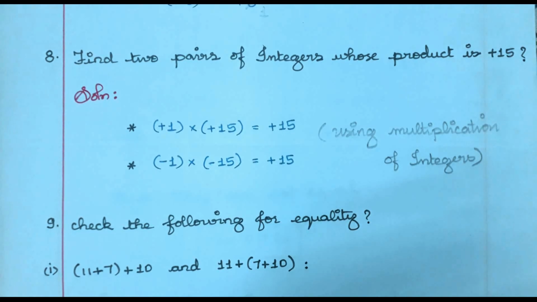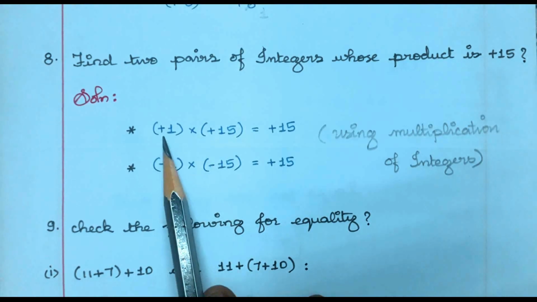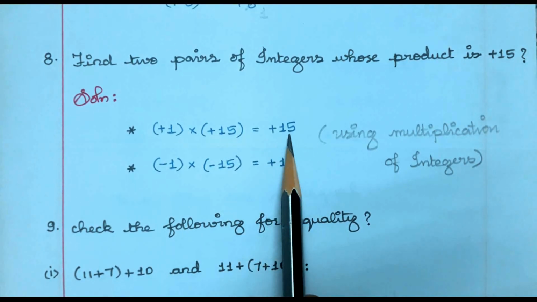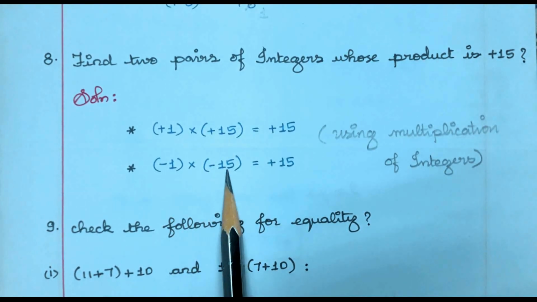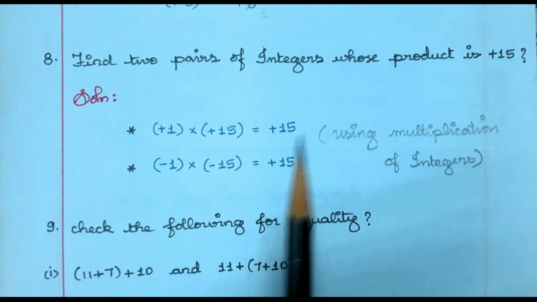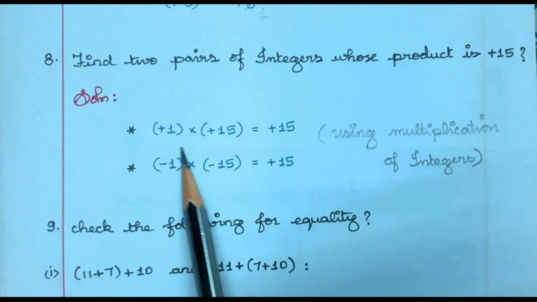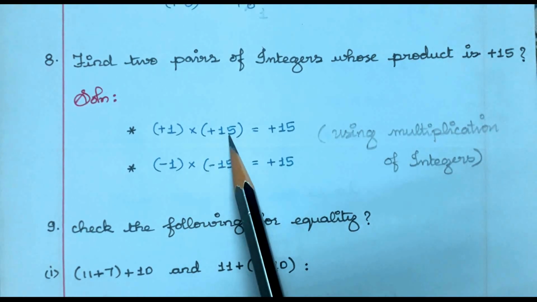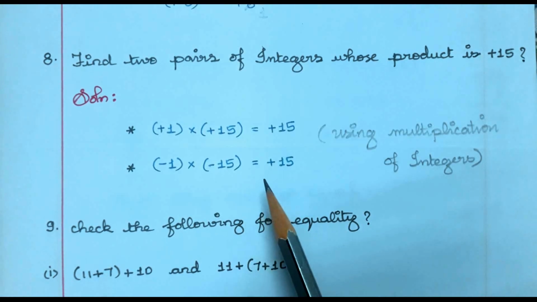So whatever tables, when you multiply two numbers and if you get the answer as plus 15, you can take it. Fine. So for ease, we have taken 1 and 15. So plus 1 into plus 15 will give you plus 15. And one more way, the same thing you can write, minus 1 into minus 15. So 1 into 15 is 15. If both the signs are equal, we know that it is plus in multiplication of integers. So we are using multiplication of integers here. Now I took the two pairs as plus 1 and plus 15, minus 1 and minus 15. You can go with different pairs, which you can try later.